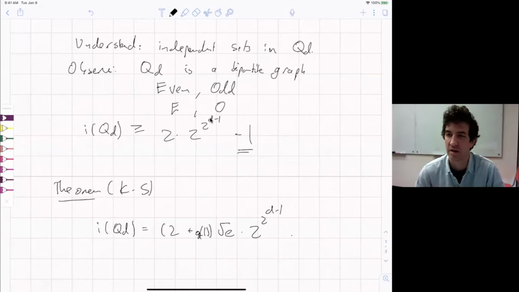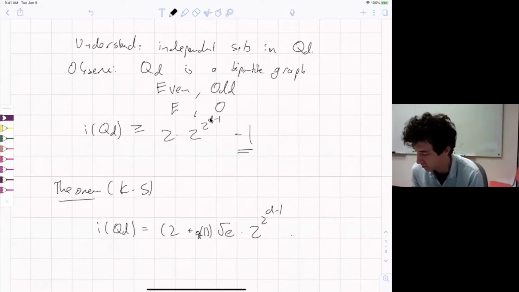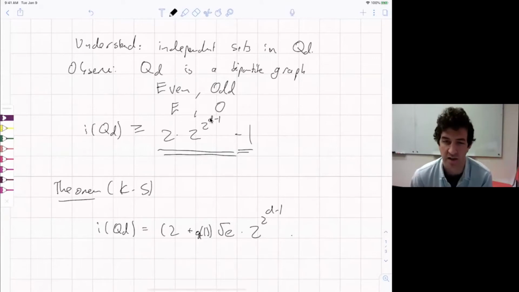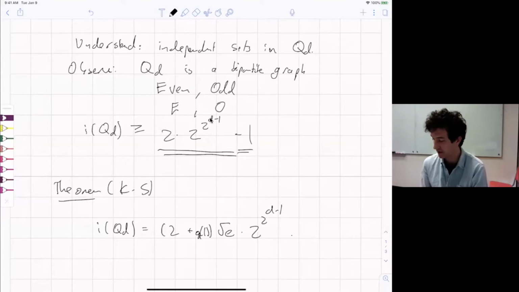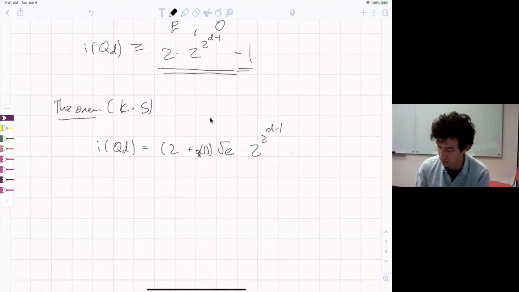And what it's saying is that the trivial lower bound above only captures a constant fraction of the number of independent sets in the hypercube. There's really a factor sqrt(e) more independent sets than this captures. And actually, it's fairly easy to see a lower bound